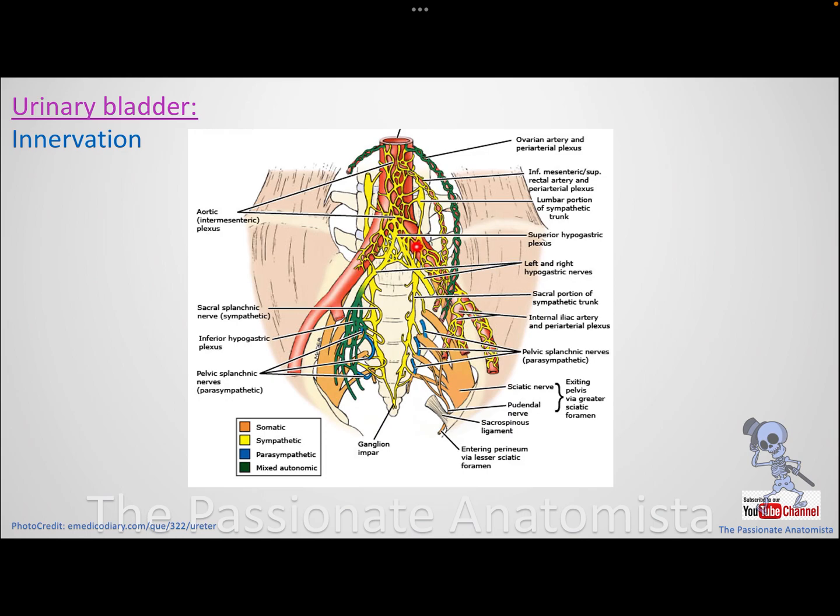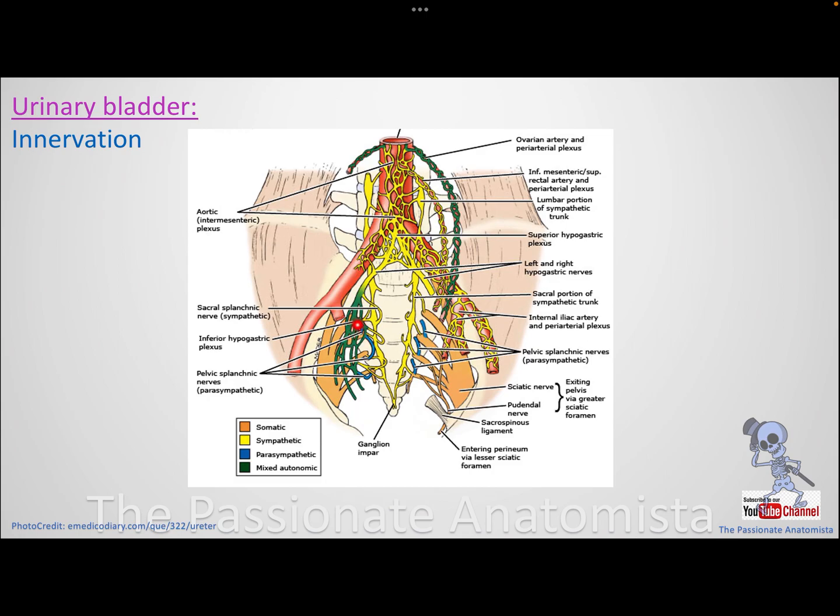Why are we mentioning that? Because we need to know that the pelvic organs are receiving sympathetic innervation from the superior hypogastric plexus, which is basically bringing its sympathetic nerves from the aortic plexus and lumbar splanchnic nerves, which is basically from T7 to L1. And that is bringing a sympathetic supply by right and left hypogastric nerves to the inferior. And the inferior, after receiving parasympathetic from the pelvic splanchnic nerves, it will become green here in color, which I